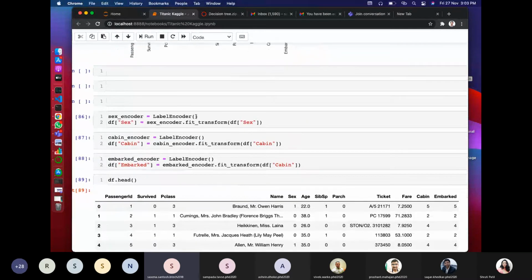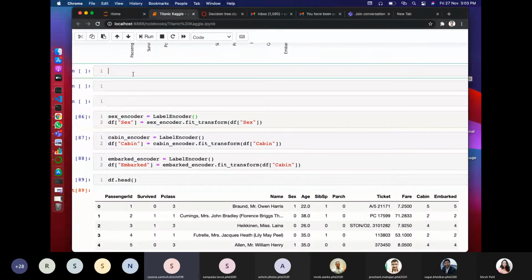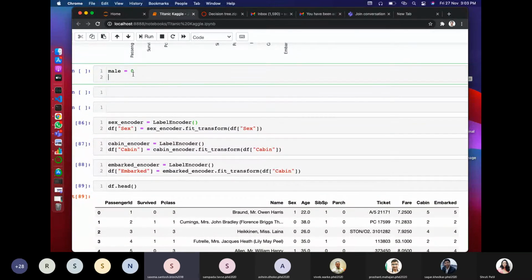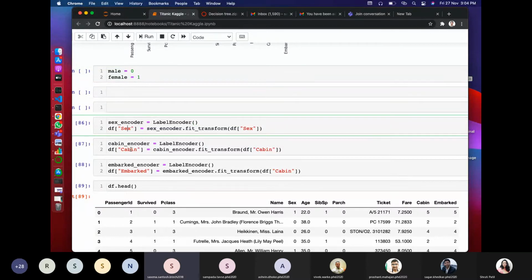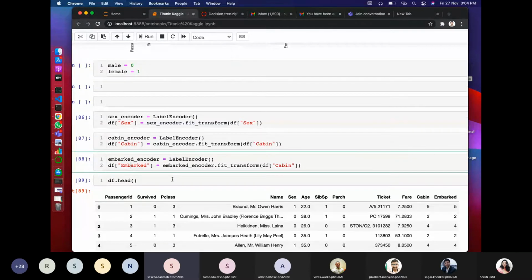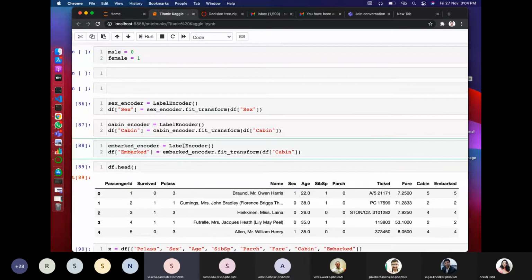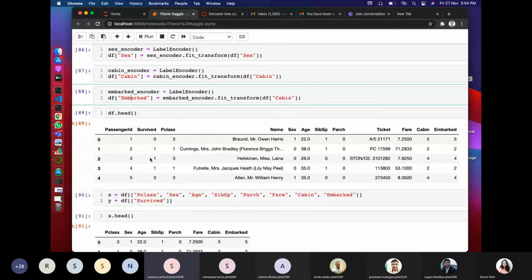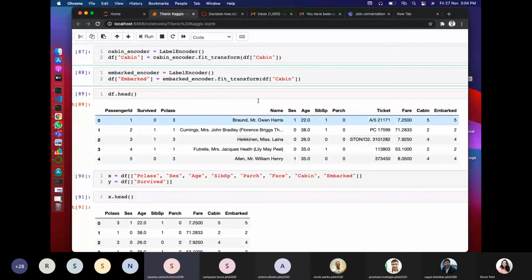So what we are trying is calling the label encoder. What this label encoder will do is assign all the labels with respect to numbers. Suppose male equals 0 and female equals 1. All this sort of work will be done by the label encoder. It is done for gender, cabin, and embarked, because as you can see here are some categorical values, and we need to convert them into labels before feeding them to the machine. This is what our data set looks like after that.